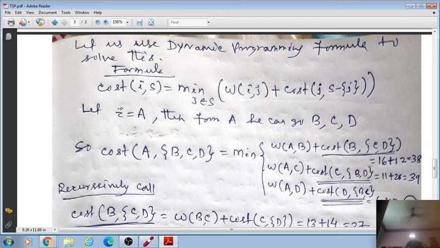If you look, this is again a cost function. So this cost function will be called recursively. This cost function we are writing as cost A, B, C, D. I am writing three cases because of A to B, A to C, A to D. For that I am writing weight of A to B, because I have already shown how to find the minimum cost. So this is weight of AB plus cost B, then what? CD. You see, this I have given as a single.